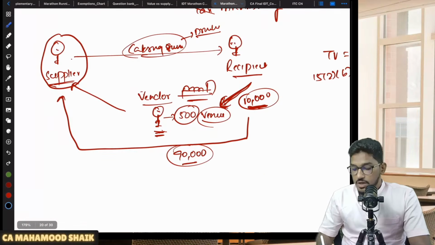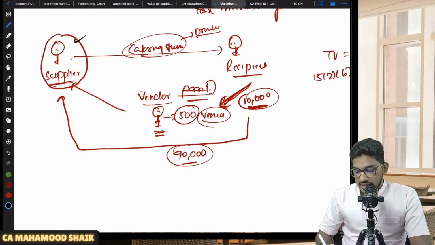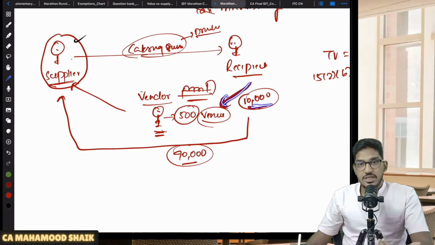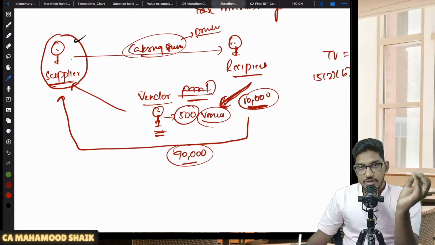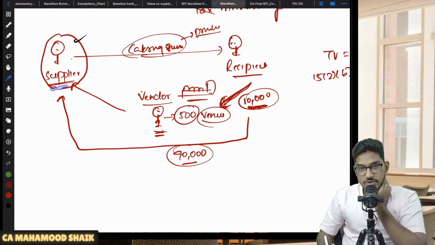I guess this one. So there is a supplier who is providing catering services to a recipient. As a part of that catering service, he is also required to provide soft drinks. So one day the vendor has come on the day of the wedding and he has unloaded all that 500 quantity of drink bottles. Thereafter, he is asking for payment of 10,000 rupees, but the supplier is not available. Now he is creating a show. So the recipient said, okay boss, don't worry, I will pay you the 10,000. Just leave from here. So the recipient paid 10,000 rupees to the third party, which is actually the supplier's obligation.